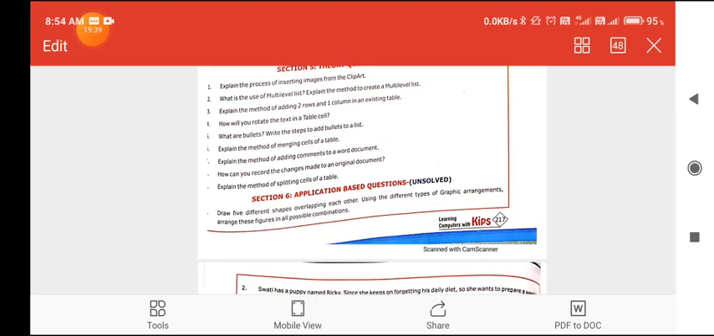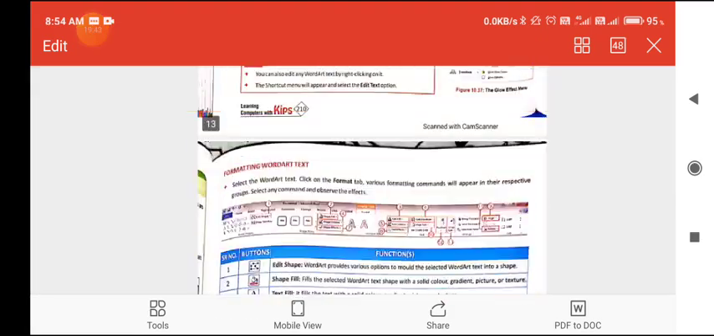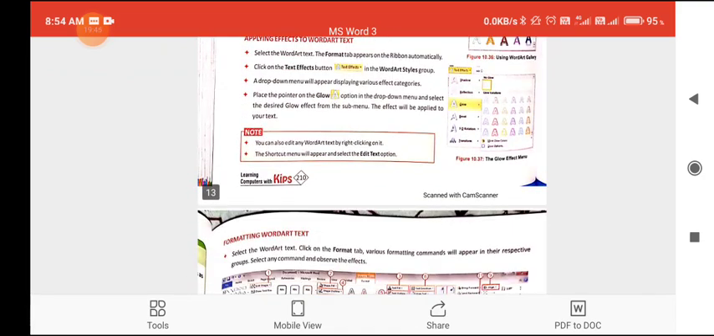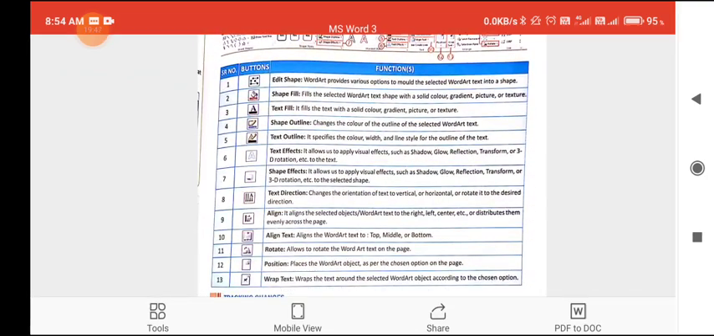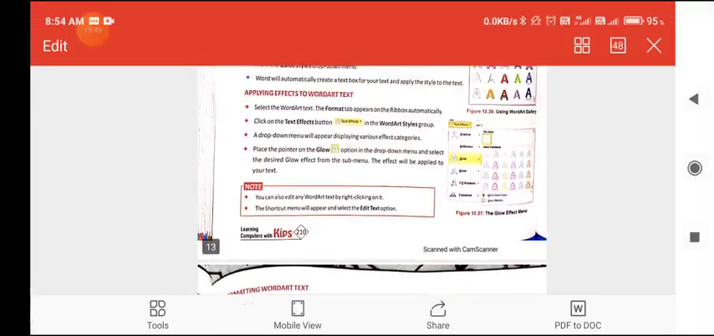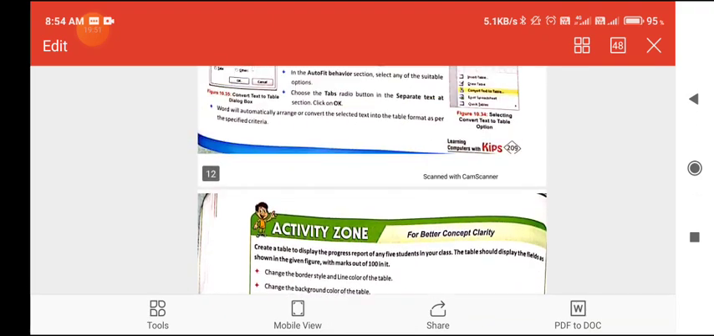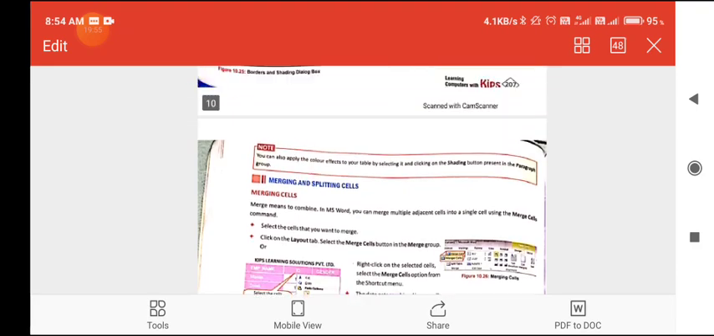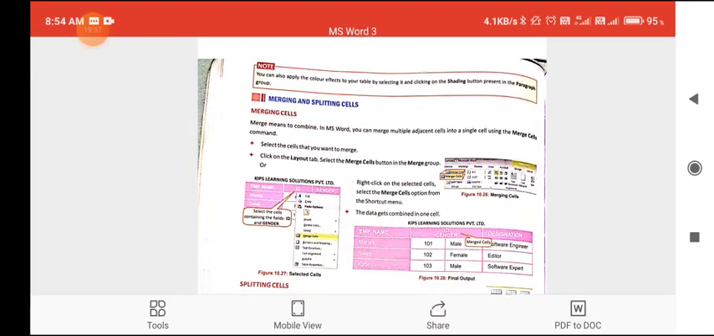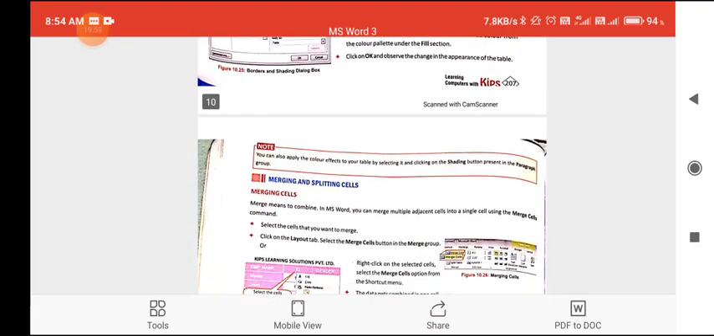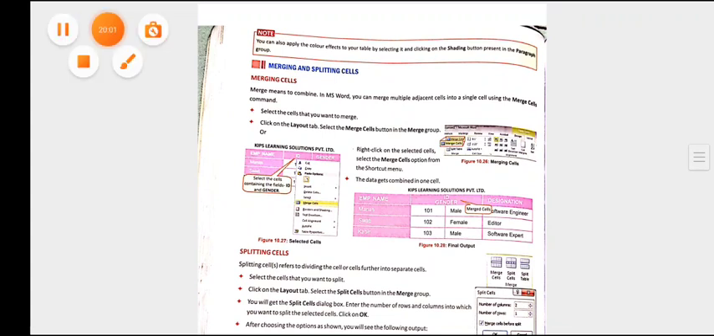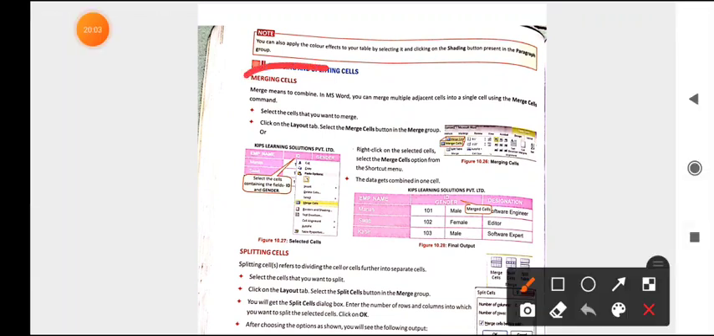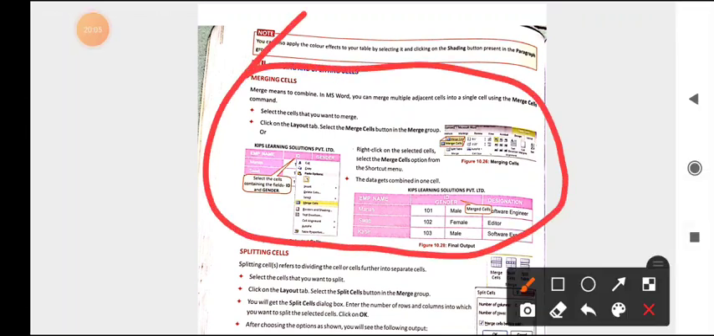Now the next question is, explain the method of merging cell in a table. So in my previous video I have explained this, how you can merge cell in a table. You can get this option here, merging and splitting cell, given on page number 208. तो यहाँ पे आप देखेंगे ये merge वाला दिया है option, तो आप इसको यहाँ से लिख लेंगे।